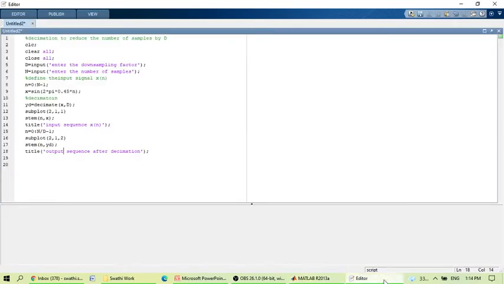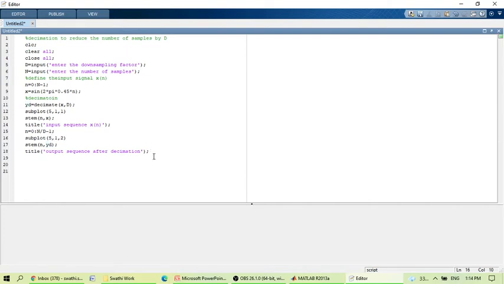And similarly you can go for increasing the sampling rate by using the command interpolation. So what is the function for increasing the sampling rate? The interpolation. Therefore here, I'll do one thing in the same program. I'll do all the things so that you can understand. Total how many figures? I'm going to get 5 figures. So 5, 1, 1, then 5, 1, 2.